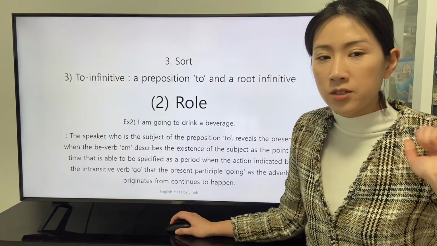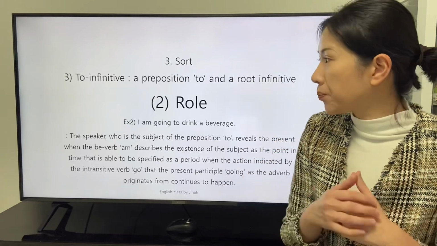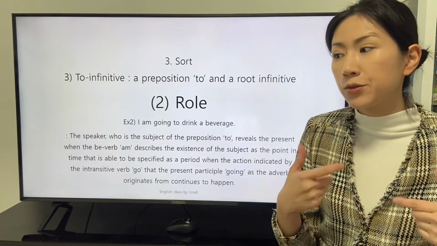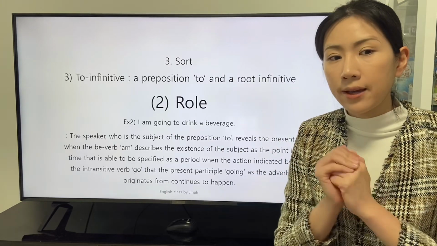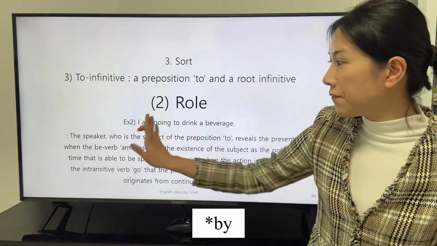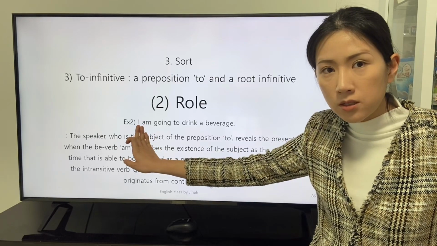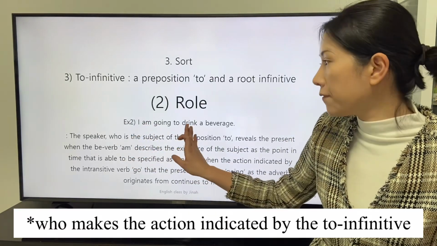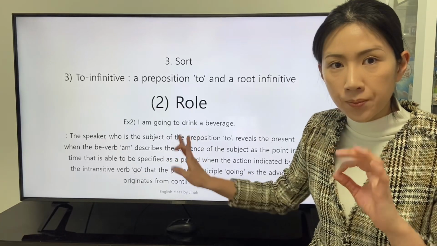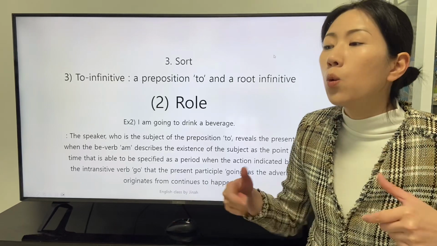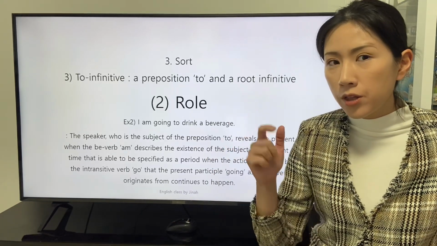The second clause is this: I am going to drink a beverage. This clause describes the expected action. The subject, to-infinitive to drink. Let's study why this clause conveys the future